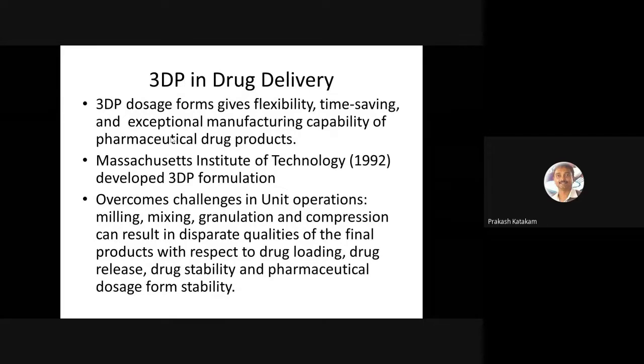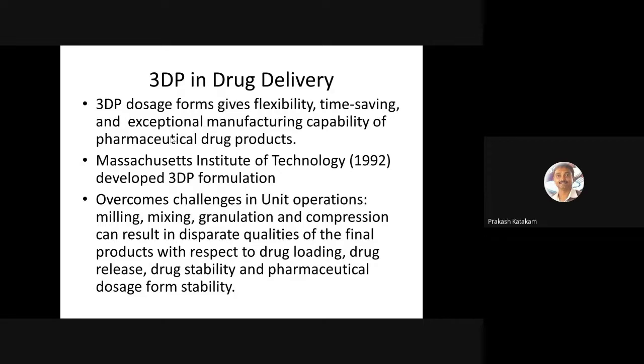The second advantage is that the number of unit operations can be reduced. As I told you in the beginning, how a tablet is made: milling process, mixing process, granulation process, compression process. All these processes can be minimized. Only milling and mixing is enough. Granulation takes a lot of time, compression takes a lot of time, and energy, machinery, men, people, money, all this could be reduced.